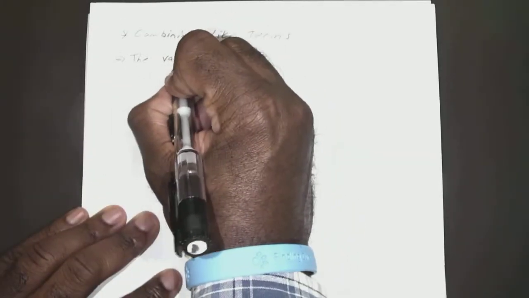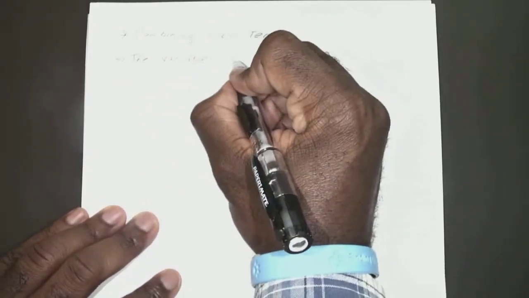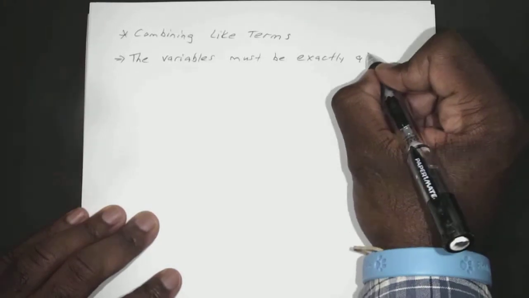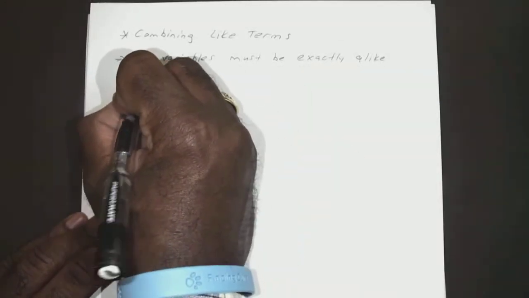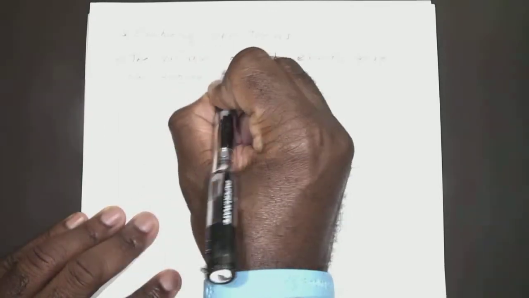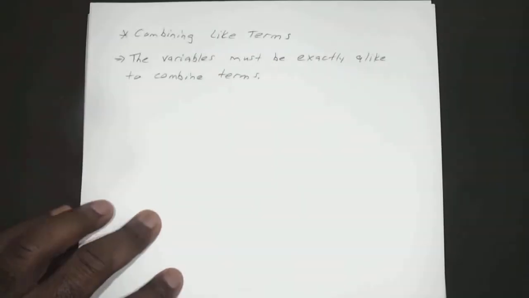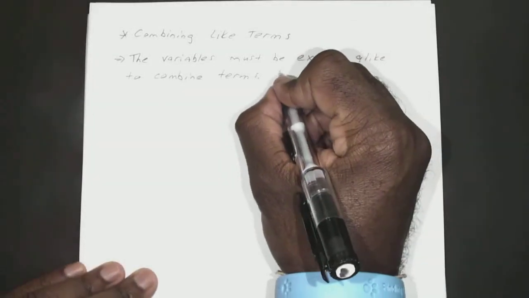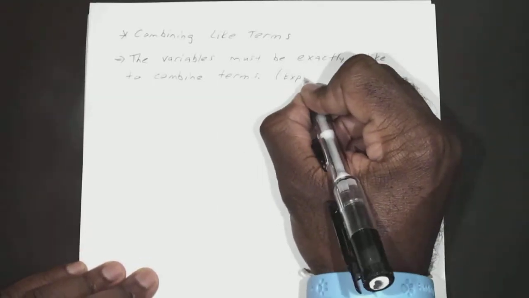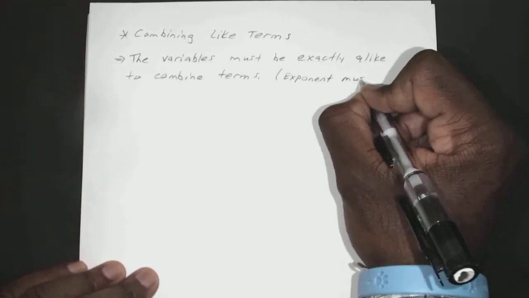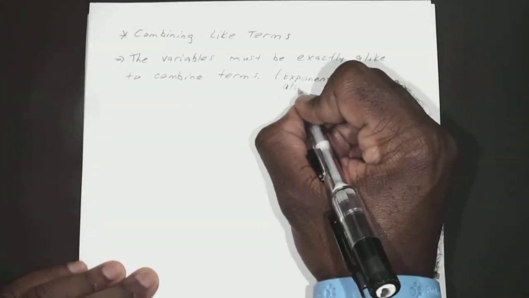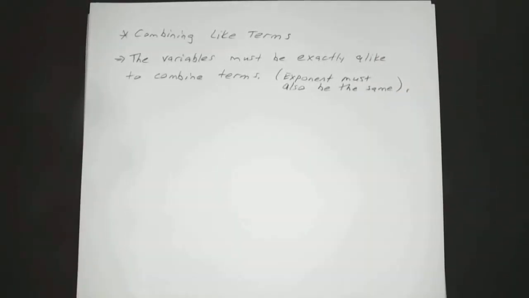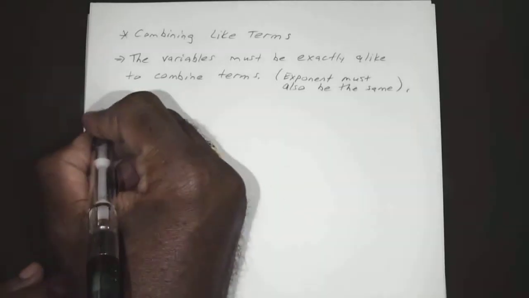So the variables must be exactly alike to combine terms. Okay, that means the variables and their exponents have to be exactly alike. Okay, so for example,